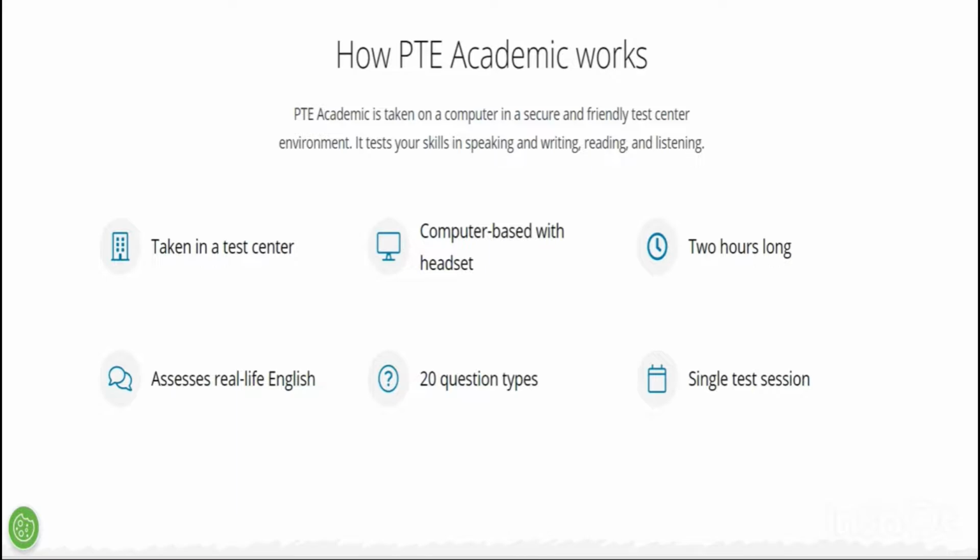The very first step is to choose a test center, and as I have already mentioned that it is a computer based test and the duration of this test is 2 hours. This test evaluates the language skills required for studying, working or living in an English speaking country. It consists of 20 questions, and if I talk about what makes PTE different,